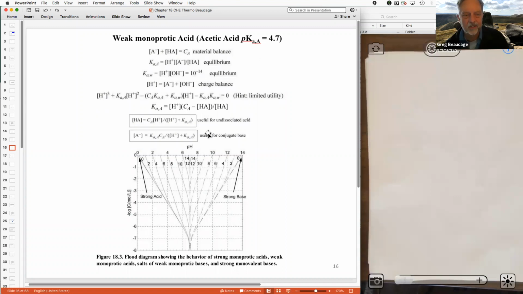So if you want to know how much of it is dissociated, these are the equations you'll use. So basically, how much of the undissociated acid remains? It's going to be the concentration you put in, and then the pH, then this equilibrium constant, right? So depending on the values of these, this thing simplifies. If you're in the acidic part,